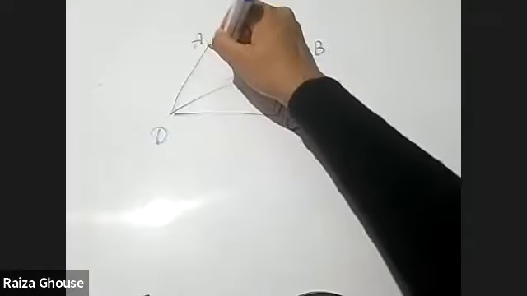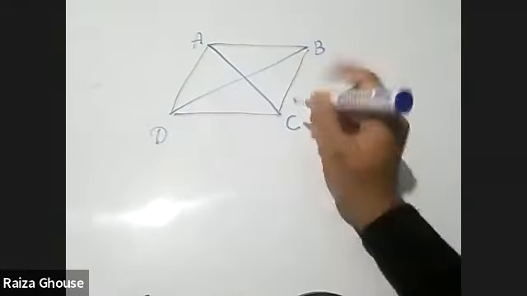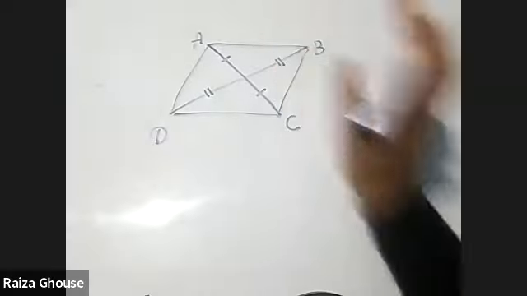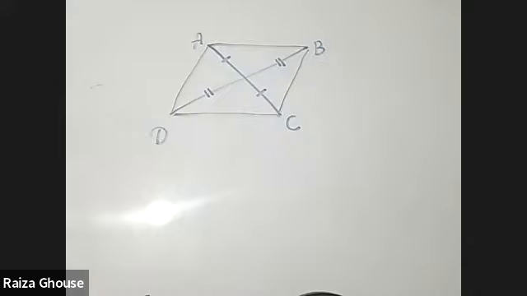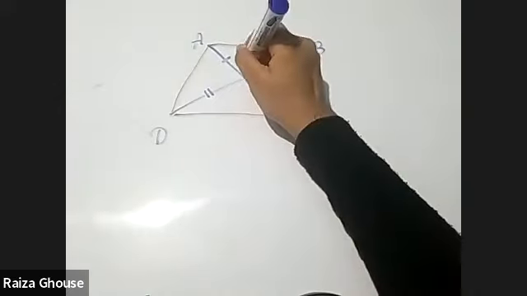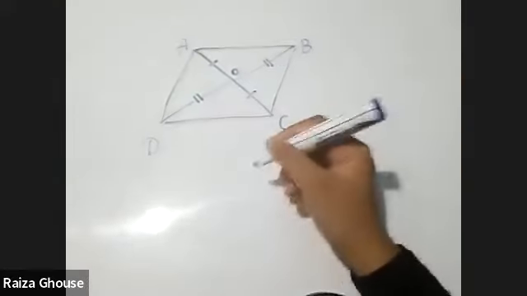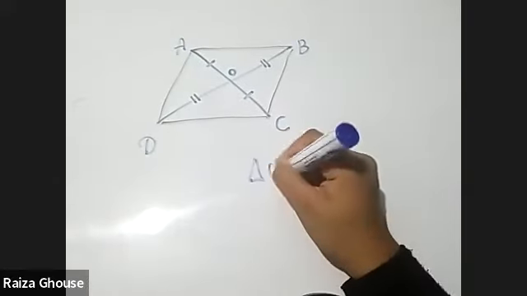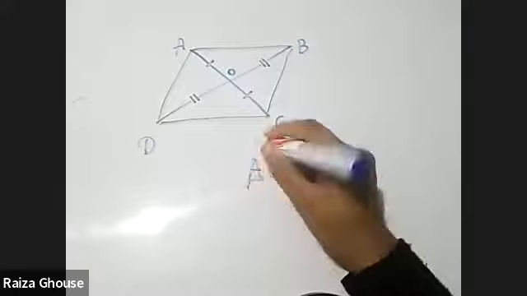What does bisect mean? You have learned it. Bisect means these two sides are equal, and these two sides are equal. Remember that. That is called bisecting. Then what is at O? Okay, this is O. Then what else? Prove that triangle AOD, this triangle,